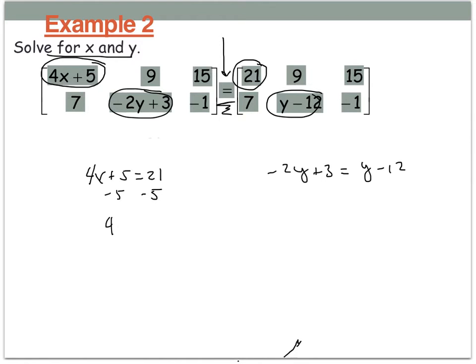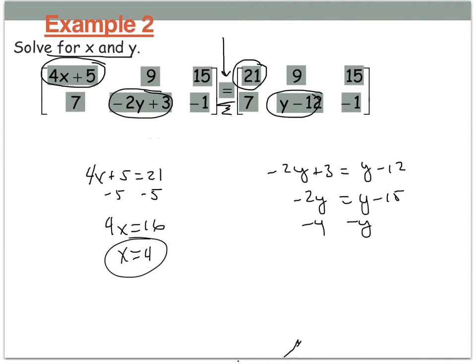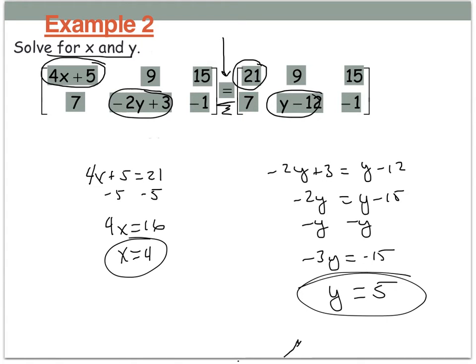Okay, and then I just solve for x. So x is going to equal 4, and for negative 2y, I'm going to subtract the 3, which is negative 15. I'm going to subtract a y from both sides, and I get negative 3y is equal to negative 15. y is equal to 5. So y is 5 and x is 4. If we plugged them back in, boom, we'd see that we got the right answers. Okay, so that's it. Corresponding elements are equal to each other if there's an equal sign between the two